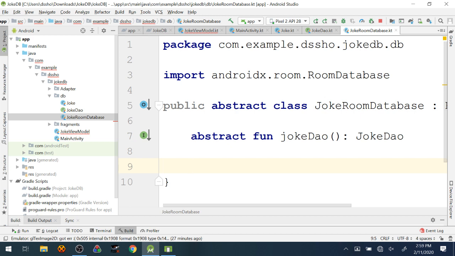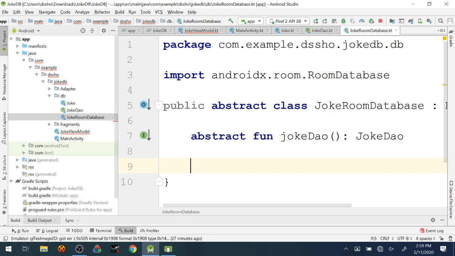And so the common practice that's expected here is to use what's called the Singleton Pattern. I'm going to write some code that ensures that I will only ever have one reference to the database in this program. Again, the reason being that if I allow multiple references to the database, I could have lots of data access happening at the same time, which could slow my app down or even crash it if I have too many resources being used.